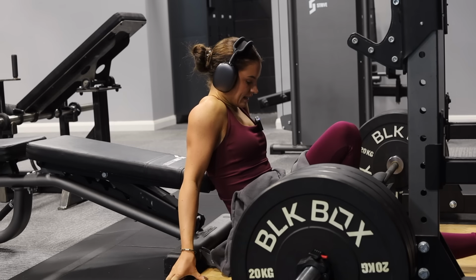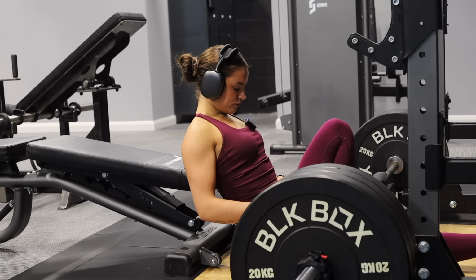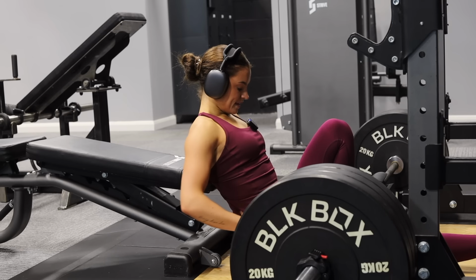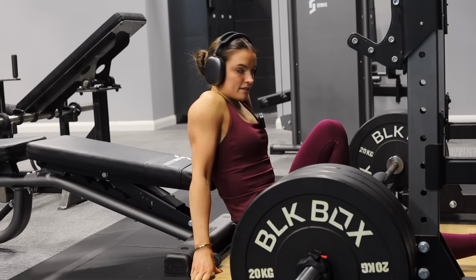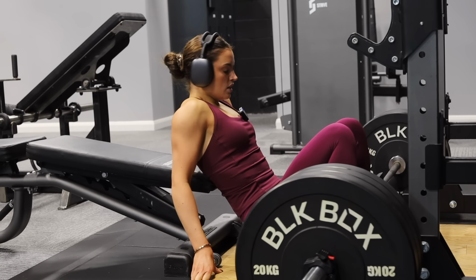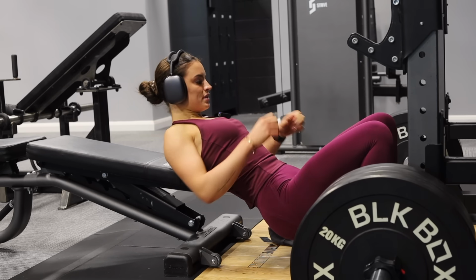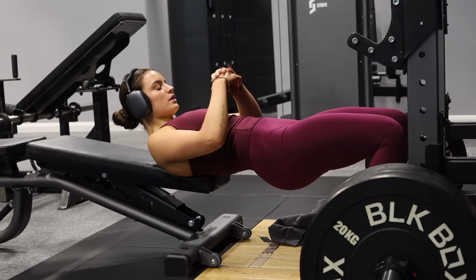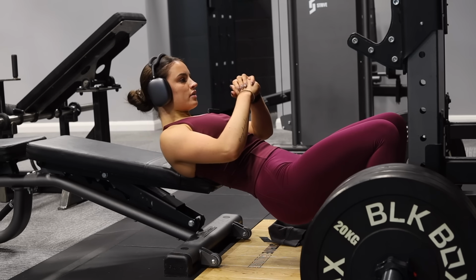Okay, even on the second set that felt so much better with comfortability with the barbell, but I'm going to be doing another set of 10 reps once again. This is not a calves glute bridge, by the way. A calves glute bridge is when you don't come all the way down at the bottom, so I don't really have much room. So a calves glute bridge will be you going up to the top, coming down to around here